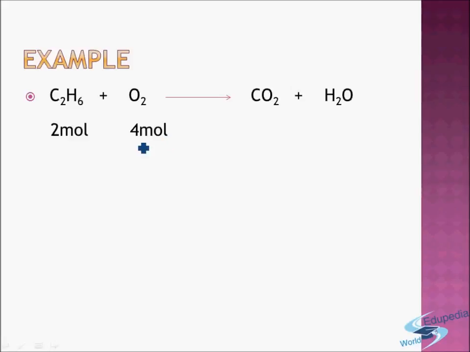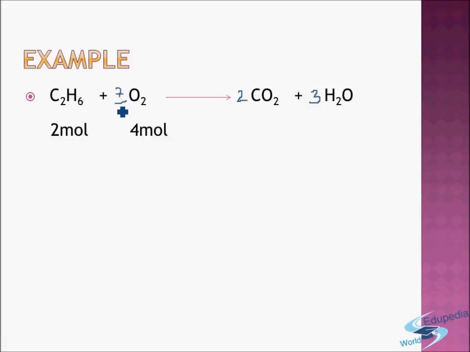To estimate the limiting reagent, first we need to balance the reaction. Always remember, for any question, the first part should be to balance the chemical reaction. So you have C2H6 plus O2 gives CO2 plus H2O. We already know the balancing part. I have 2 carbons on the left, so I need 2 carbons on the right, so here I will introduce a 2. Similarly, 6 hydrogens on the left, so I need 6 on the right, so 3. So here I will need to introduce 7 by 2 as the stoichiometric coefficient of oxygen.